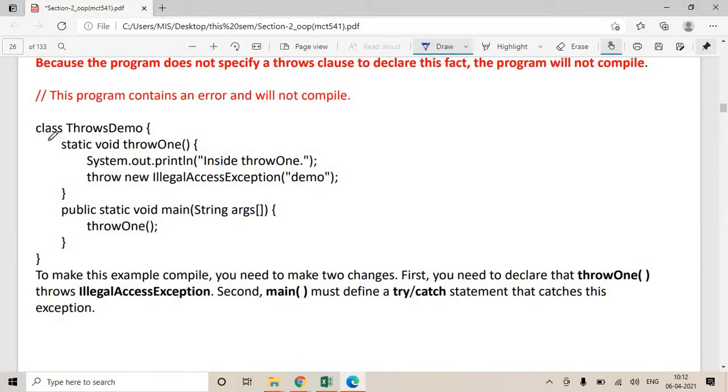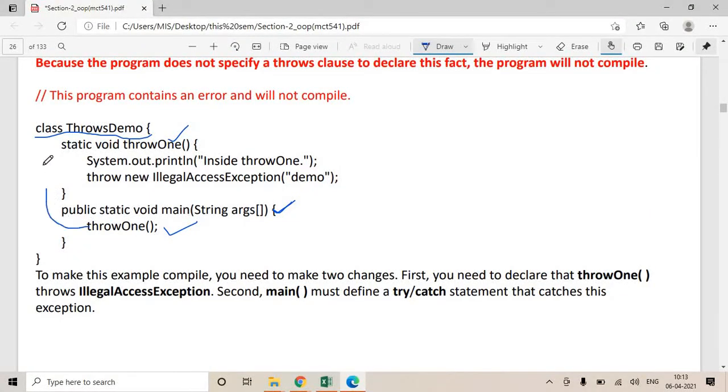Okay, let us try to study the same. Say you have written a class throws demo. In the class throws demo, you have two functions, one is throw1 and another one is the main function. From main function you are giving a call to throw1 function.